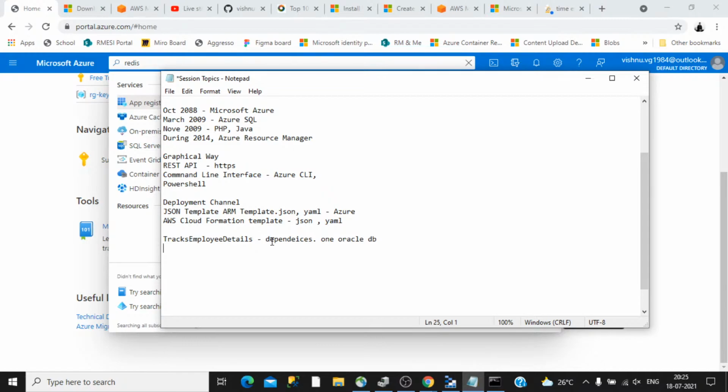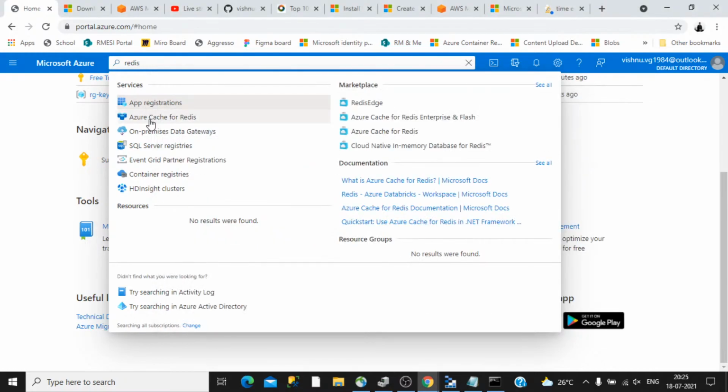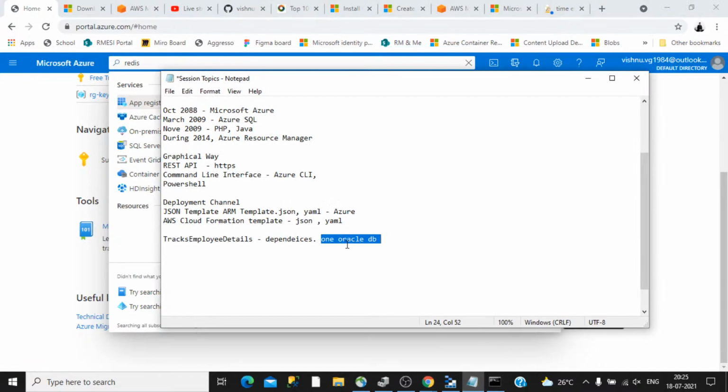So what you can do is, at a later point of time, you can incrementally develop or alter this particular Oracle DB to something else that is compatible in cloud, and incrementally you are going to use some kind of service. So in the long run, for example, it may not be this way, but you can understand that your track details will be added to a particular app service in Azure,